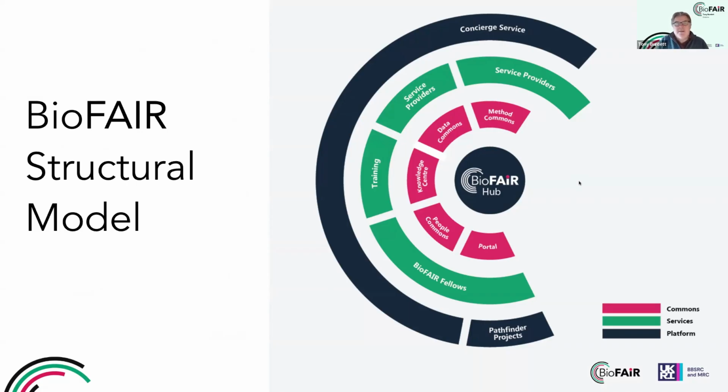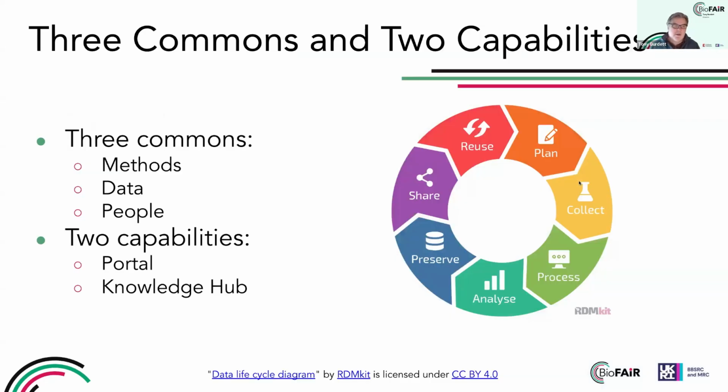The green layer here is the services and things that the methods commons and other commons will weave together as part of its fabric, and wrapping it all with both the concierge service that provides access and support to those services in the commons infrastructure, but also adoption and Pathfinder projects, which are drivers of adoption of those services. Our Pathfinder projects are currently undergoing peer review and will come on stream before the methods commons kicks off. So as the methods commons starts, there'll be ready access to those Pathfinder projects to partner up with them, explore their needs, and understand exactly what they might need from a methods commons solution.